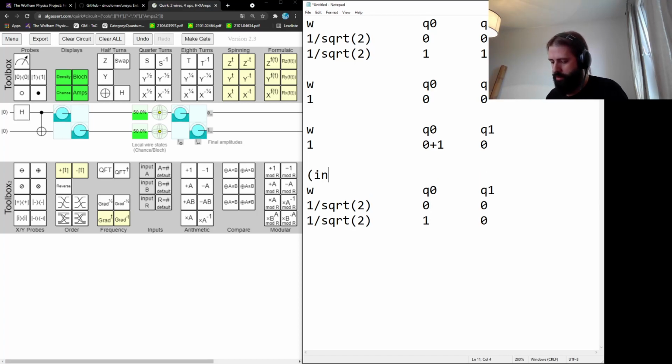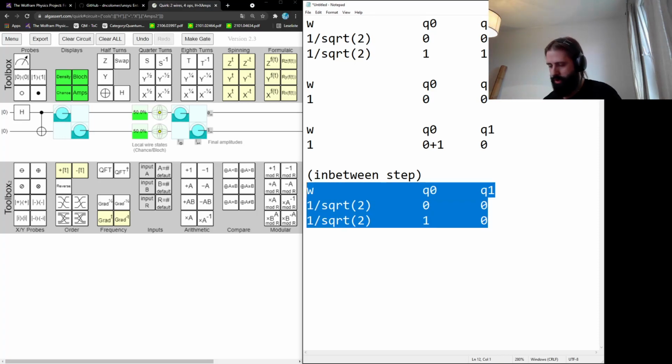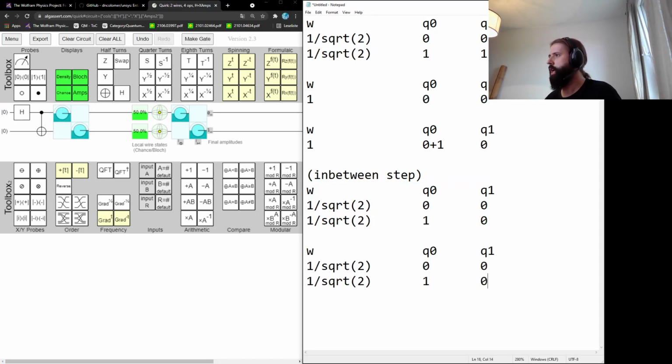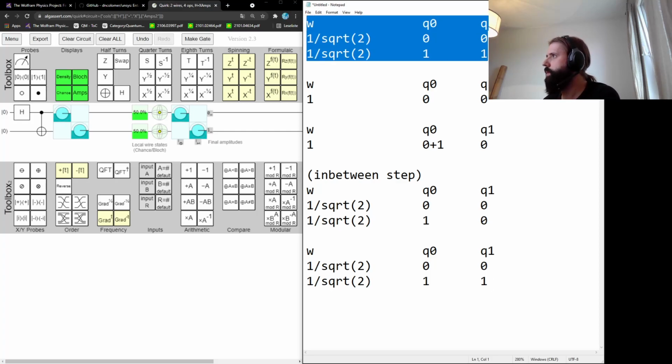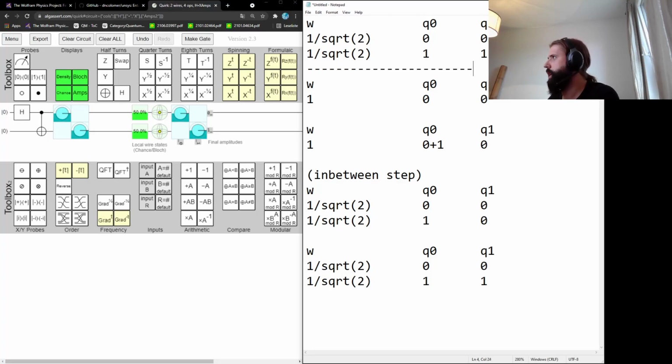So this is an in-between step before applying the control X, just because the rules only work when the qubits are in the computational basis. And now you can apply the control X because we know that here nothing happens, and in the second hyperedge something really happens, and then you have these, right? So that's the state that we wanted to reach. So that's the